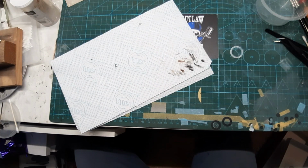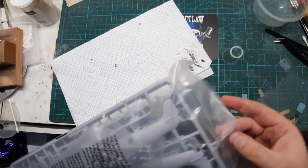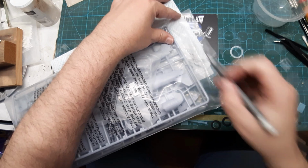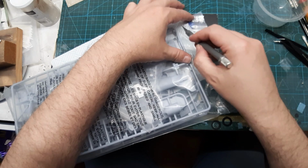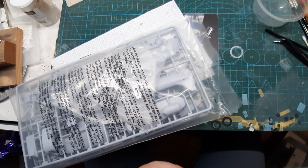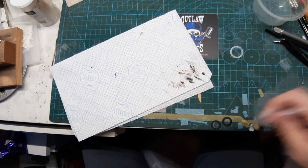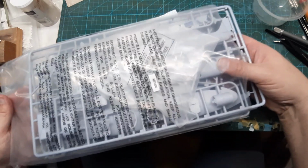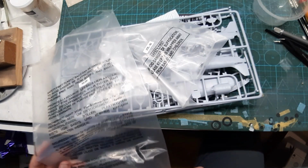So, let's debag the parts. One bag, nice and straightforward. And this is to pull them out. No, Nigel, I've done it there